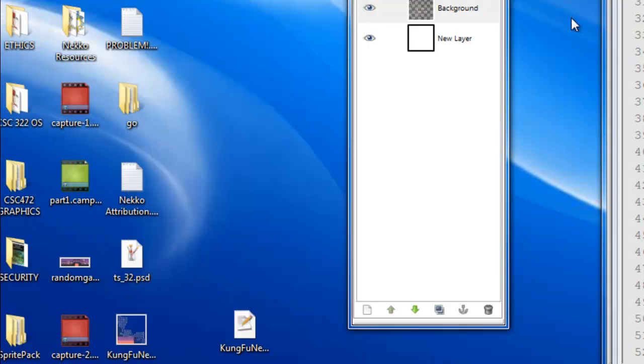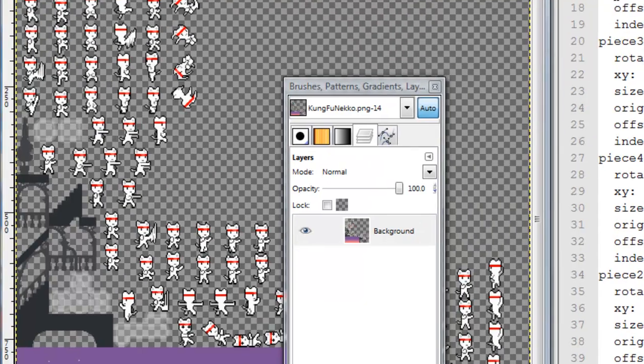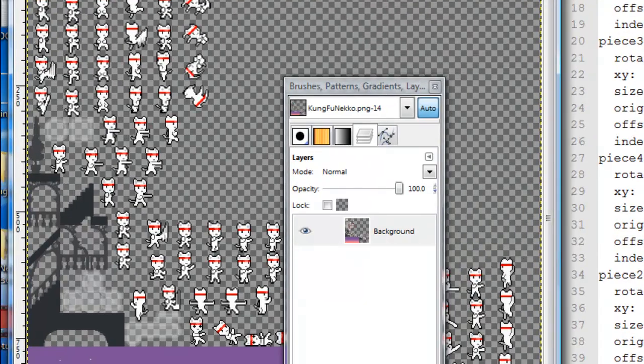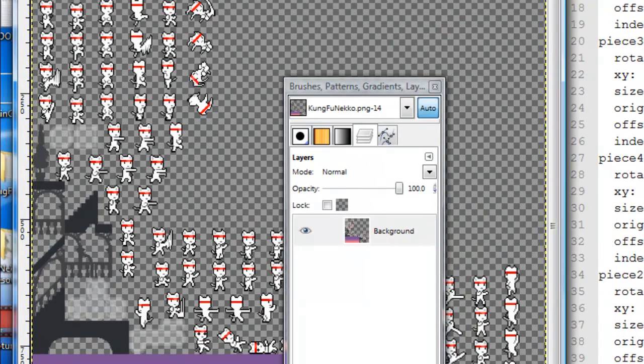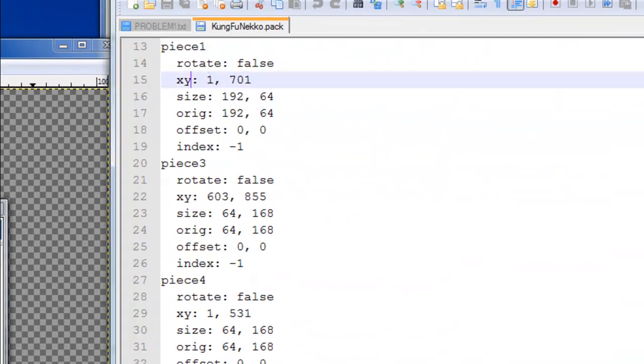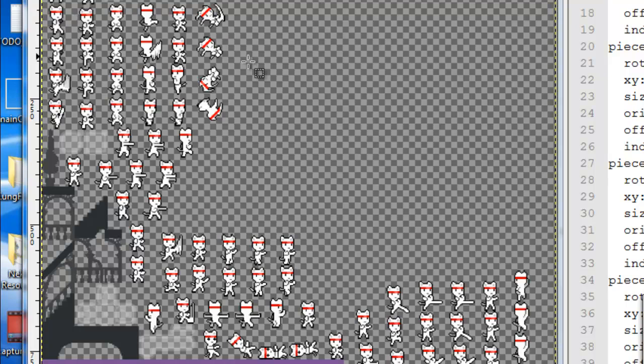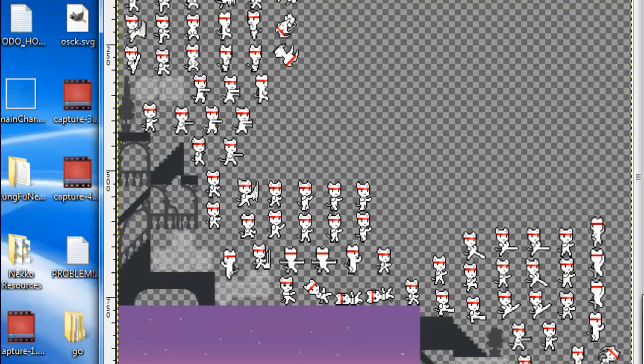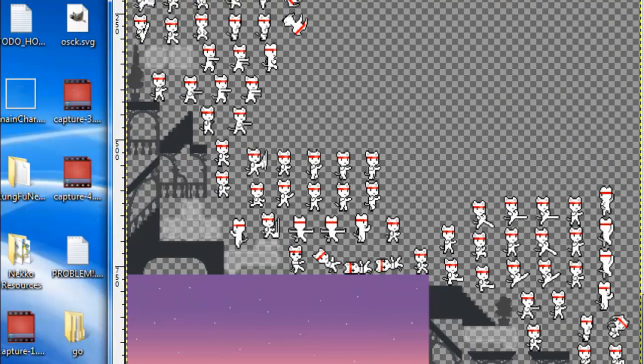Now, if we open this, we're going to see that the X and Y coordinate corresponds to the coordinates of this texture where Y grows downwards. So if we take a look at piece 1, which should be at X equal to 1 and Y equal to 701, piece 1 should be